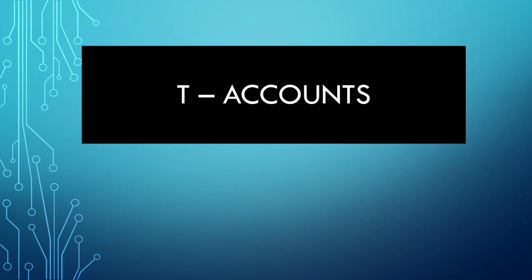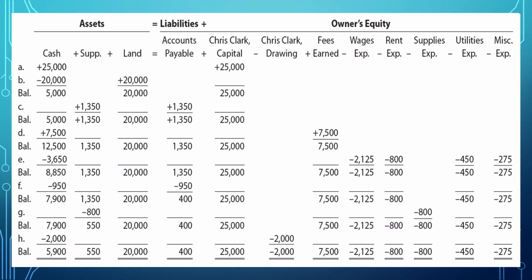Welcome to the last part of Chapter 2, the T accounts. We recorded the November transactions for Net Solutions using the accounting equation format in the previous slides. However, this format is not efficient or practical for companies that have to record thousands or millions of transactions daily. As a result, accounting systems are designed to show the increases and decreases in each accounting equation element as a separate record. This record is called an account.